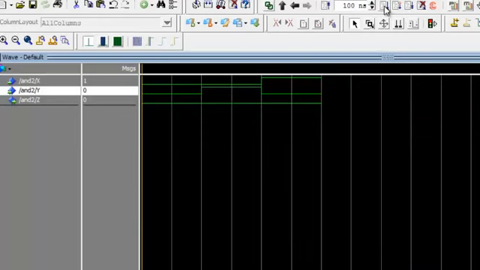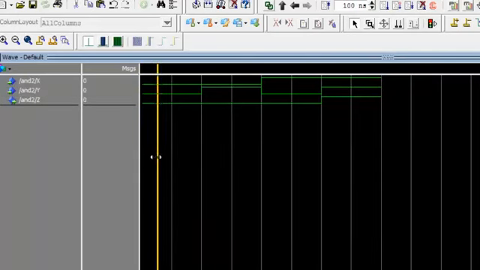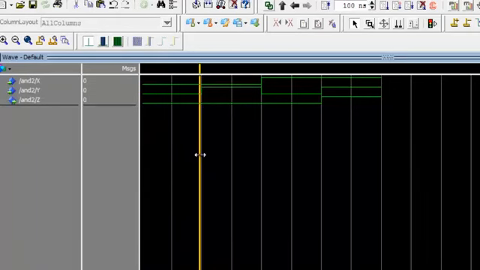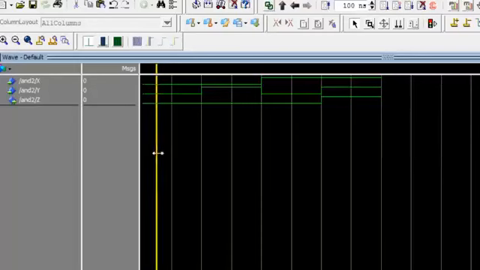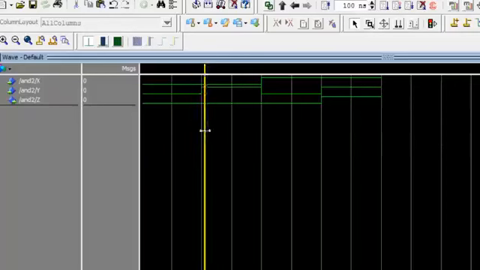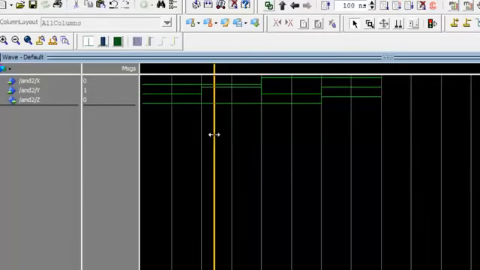Then again run. Now this yellow line will tell you the different values at different points of time. In this region, from 0 nanosecond to 100 nanosecond, you are having the value of X and Y as 0, and at the same time value of Z as 0. You can check for the values here and move the cursor like this. So for 100 nanosecond to 200 nanosecond, you are having the value of X as 0 and Y as 1, and thus as it is an AND operation, you are having the value of output as 0.